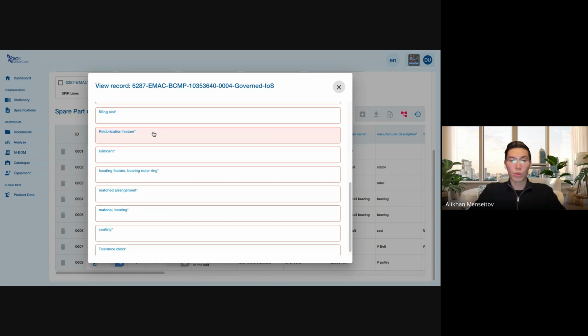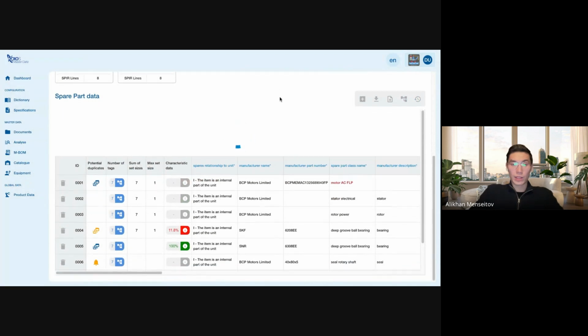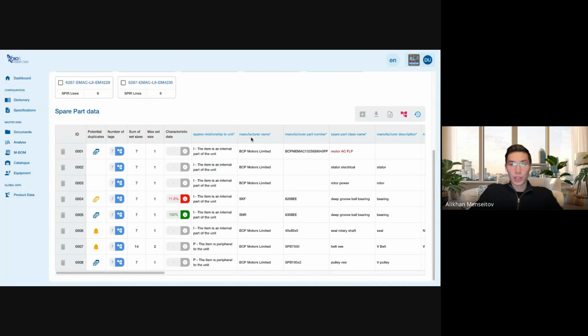You can see here all the properties that were filled in the data specification, and all of those that are highlighted in red are required fields. So the manufacturer will not be able to submit an incomplete document or incomplete material description. And why this is particularly important for deduplicating and in general data cleansing is because if you can see here